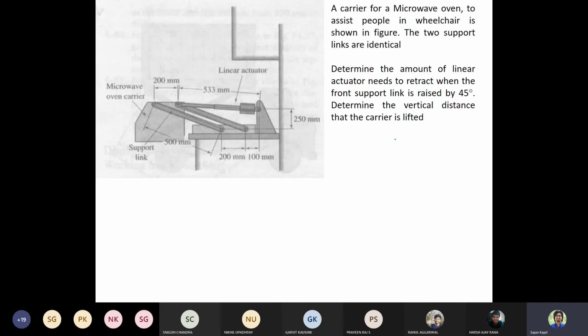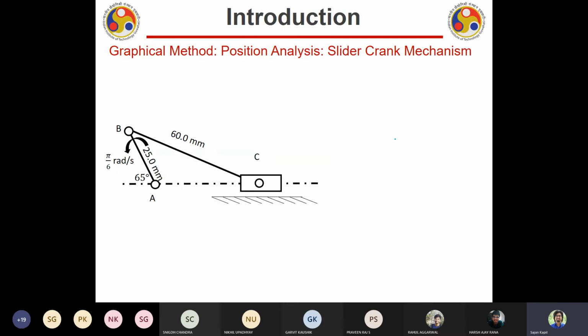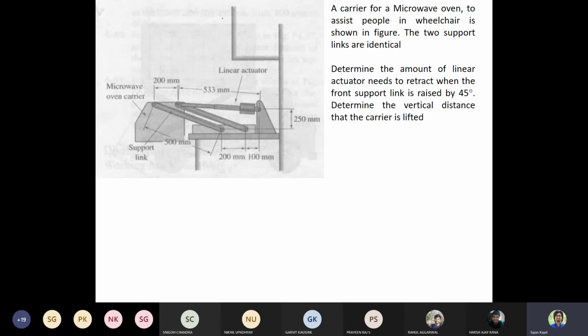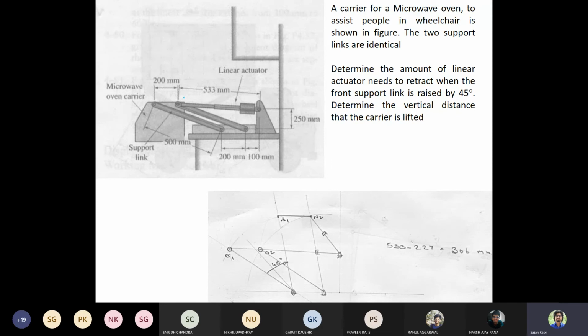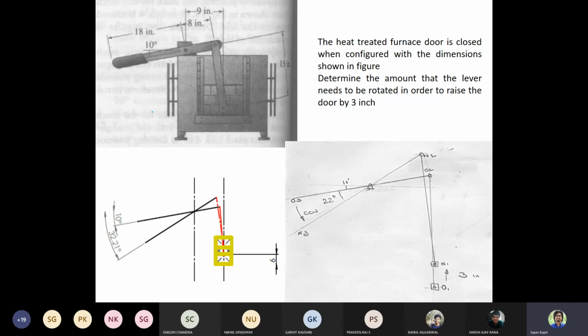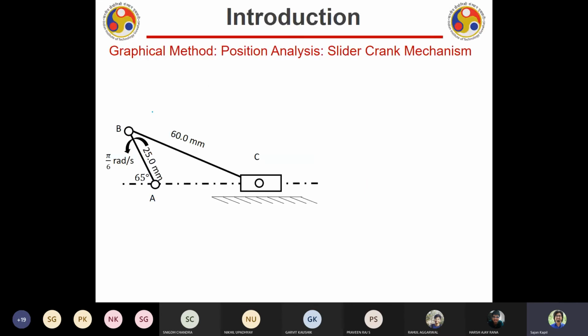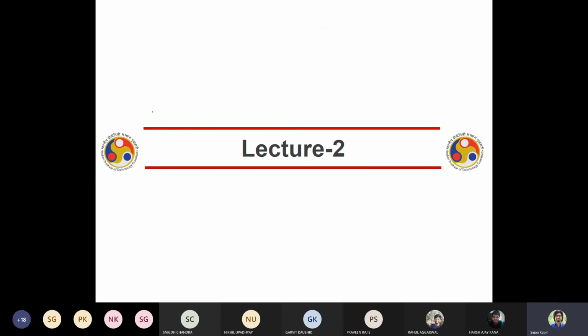Now tomorrow I want you to solve some problems. We'll solve these problems together. Don't worry. Like slider crank mechanism and all these problems, where I'll tell you how to draw the position vectors, or do the position analysis of the same. You have a proper linkage, which is in real life. You need to identify the links, and then I will ask you, if this particular link is extending by 4 mm or 5 mm, where the position of this particular link will be. Okay, so it is very easy. Don't worry about that. We will discuss it maybe on Wednesday or Thursday.